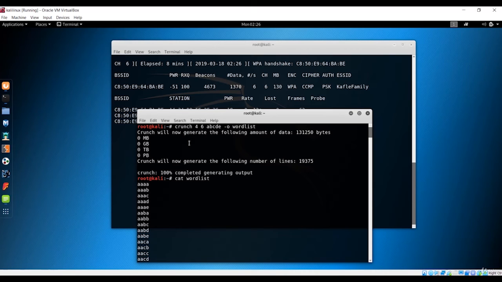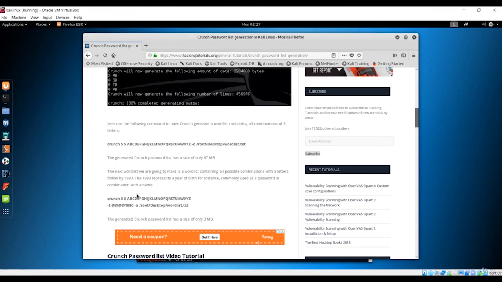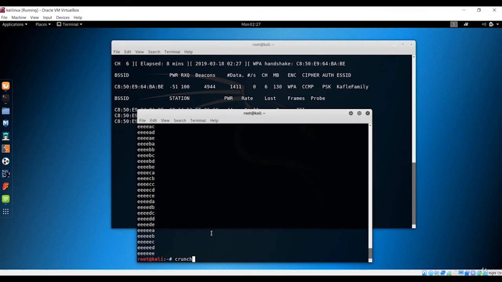But before wrapping that up, we have this crunch application, and there is another argument available in it, and that is to make some patterns. So we'll use that in order to create the patterns that we need. I want to use the same crunch application, and you could also see over here that it has given some commands. So instead of writing by myself, I'll just grab it and show you what this means.